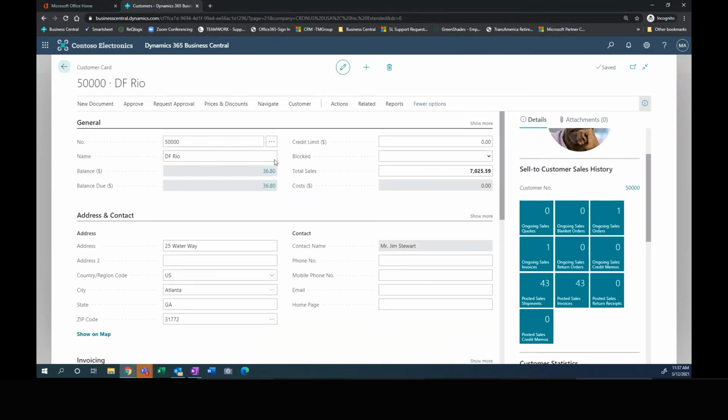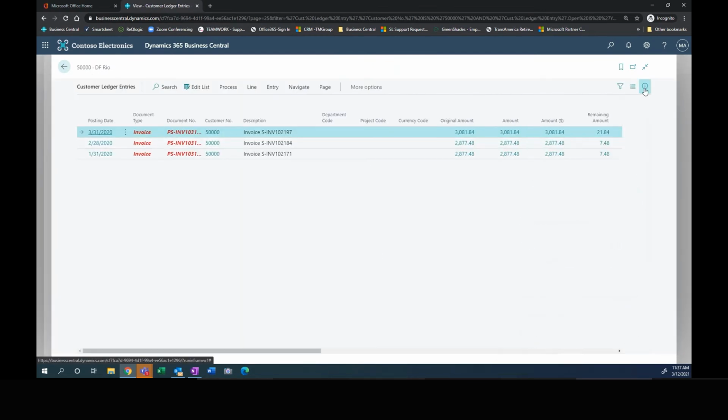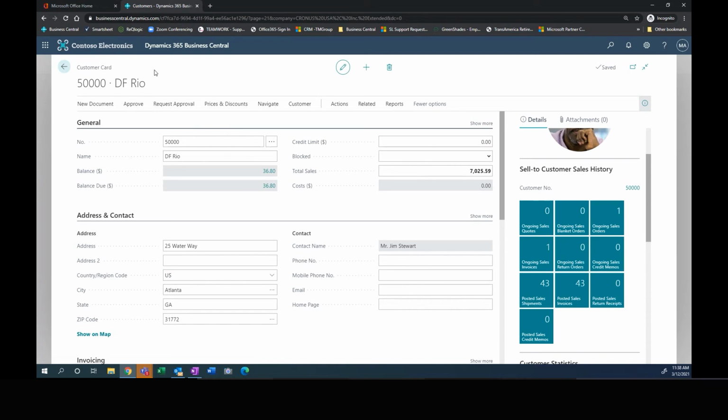You can also drill into the details. Notice this customer has a balance. I can quickly look at the activities that make up that balance. Here they are. I'll close this pane so we can see the activities. These are the remaining amounts. We've had some payments applied apparently, but we've got some remaining amounts here that we're going to take care of in a moment. So I can see what that outstanding balance is, and here are the invoices that make up that outstanding balance. Very good. All right, let's do